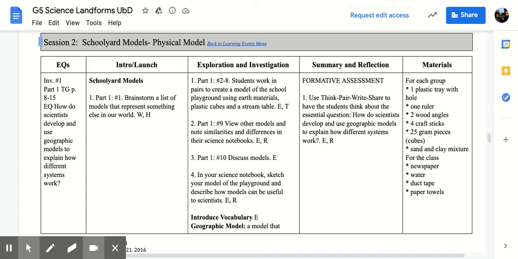When you draw your schoolyard model, there's going to be a few things I'm going to ask you to do. Give it a title. You can call it what you want. It's probably simply called the Franklin schoolyard model, but give it a title. You also might have symbols, because not all of us can draw things perfectly. You might have a symbol for trees, or a symbol for different cars. That's up to you. Your streets, as you label those,